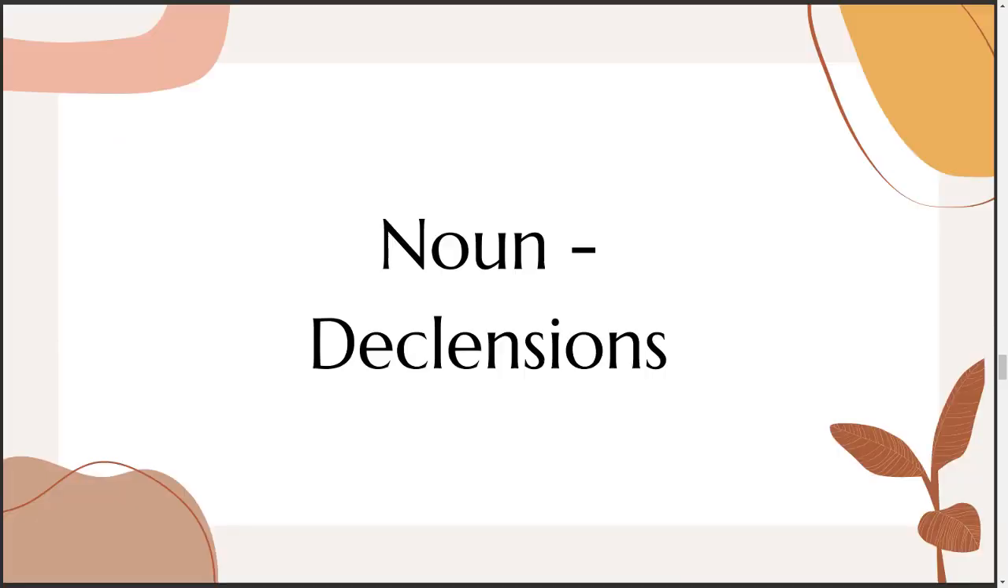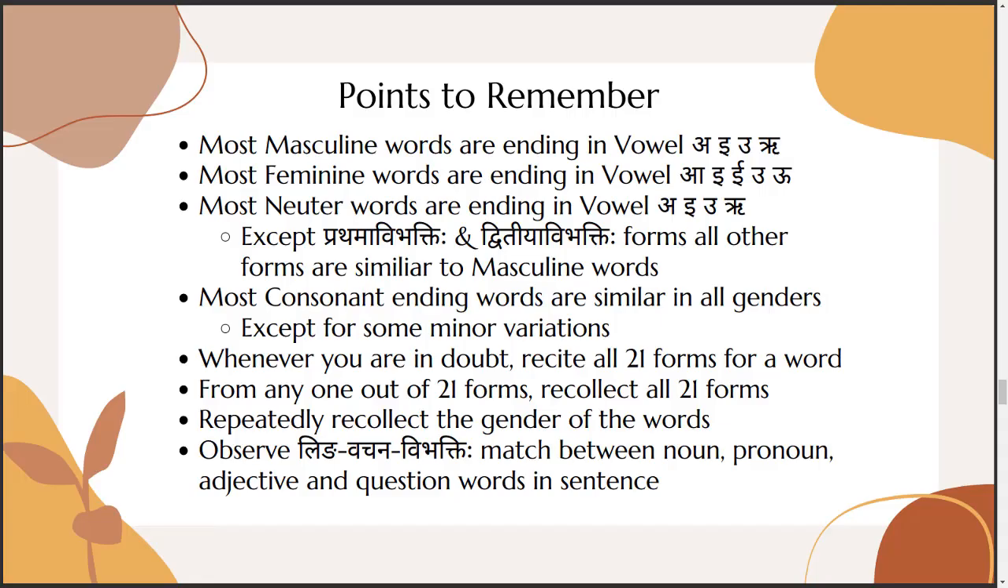Okay. Now, different nouns we studied. All I am recapping. Most of the masculine words, pullinga shabdaha, we will find akarandaha, ikarandaha, ukarandaha, rikarandaha. And most of the feminine words, we will find akarandaha, ikarandaha, ukarandaha. Most of the neuter words, that is napumsakalinga shabdaha, we find akarandaha, ikarandaha, ukarandaha, rikarandaha. So if you look at that, if you analyze,